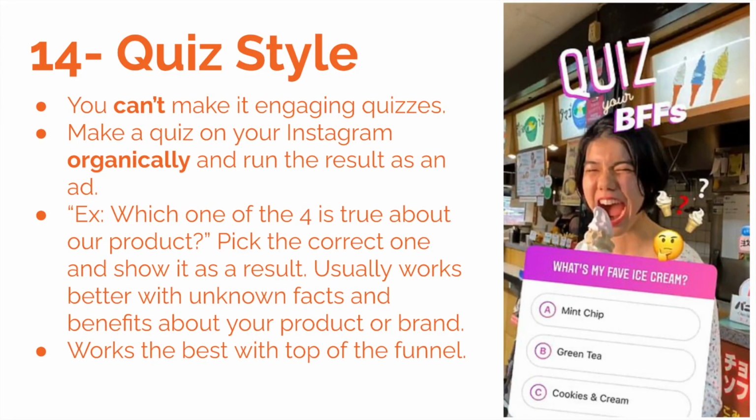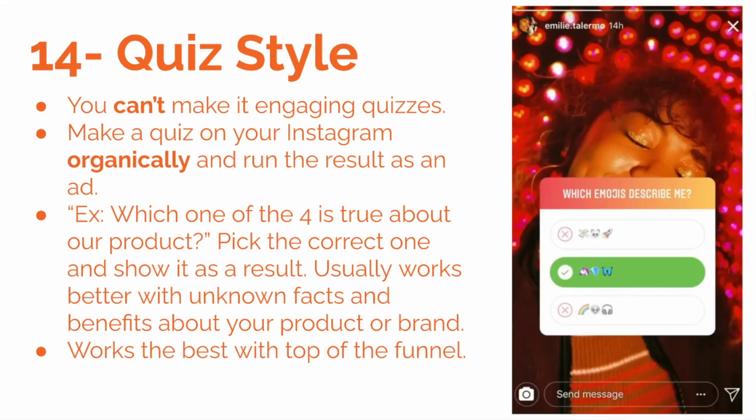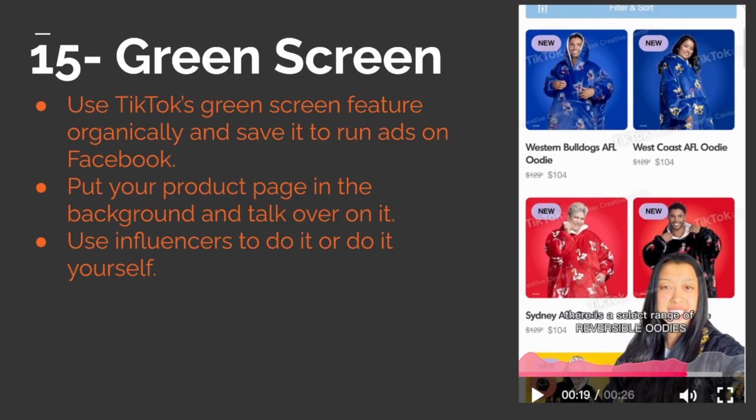And we have one more quiz. It was organic Instagram functionality, right? But we can take that and run it as an ad, and this is going to get crazy engagement. The comment section is going to be full of people saying, "My favorite taste is this, favorite ice cream is this." Let's say pineapple on pizza for a pizza shop, right? We can say yes, pineapple on pizza. 90% of the people agree, right? And then people are going to say, no, this is bullshit. I don't like pineapple on pizza. This is going to create engagement. So we can think of creative ways like this.